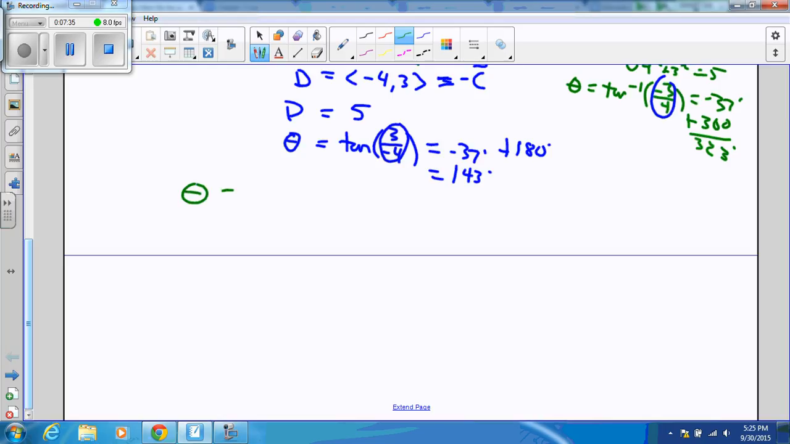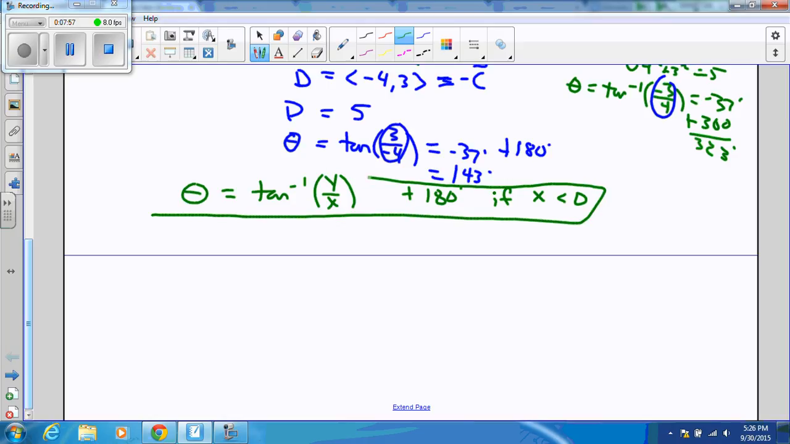That's it. And so we have now our complete rule that for any vector, except the vertical ones, theta is going to be the inverse tangent of y over x, and then we are going to add 180 degrees to our angle if x is less than 0. This will give us the right angle in all